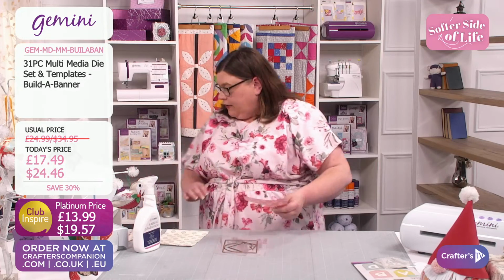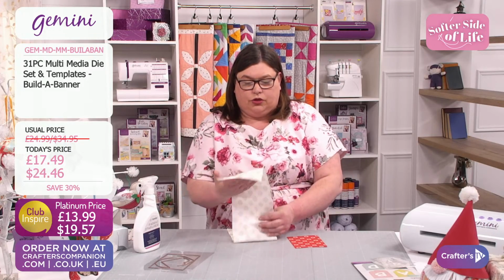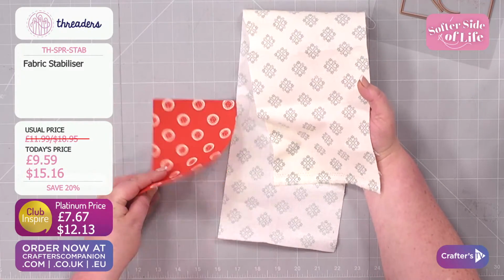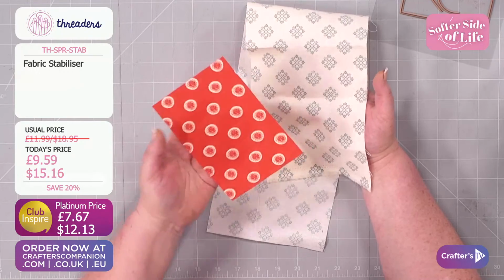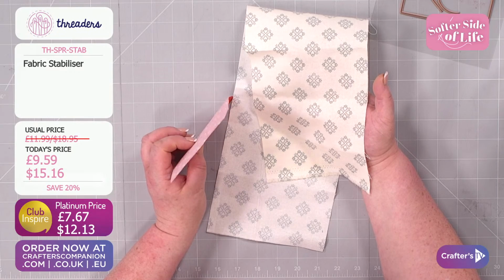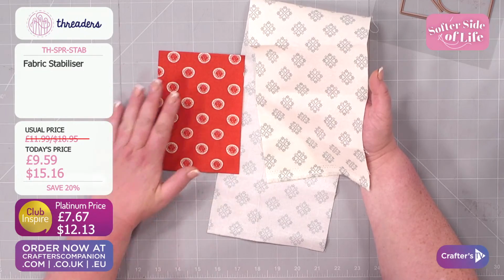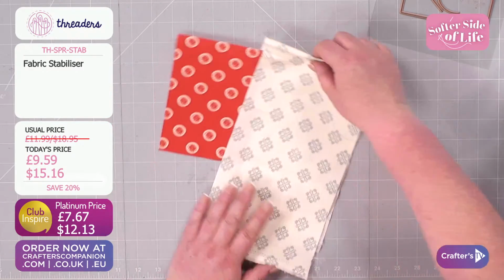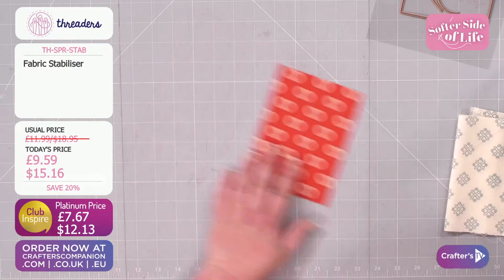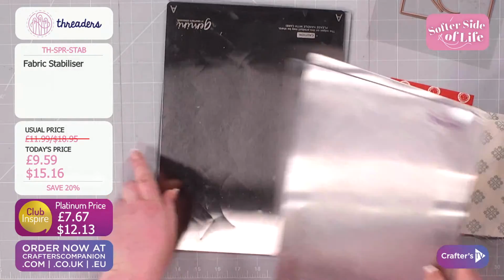And what happens is, here's some of the fabric, and you can see how it's floppy, because fabric is floppy and soft. Once it's been treated with the stabiliser, can you see how it looks like card? It's like very thin card or paper, which lets you die cut it, and there'll be no frays, so you can leave it on there. It does wash out, so if you put the project in the wash, it will wash out, but you can reapply it. So I've applied stabiliser to all of my fabric,